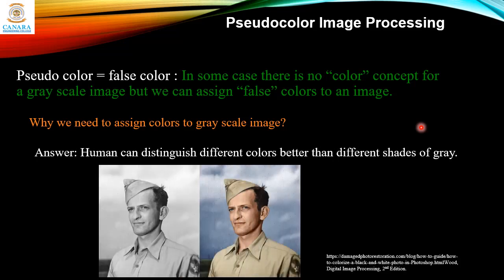And here is an example for that. This is the black and white image of a soldier, and look at the objects that you can see here. You can see his cap, the dress, his face, the hair, and the background. But if you recolor it, you can see the shades within the cap or his dress. The folds are more visible here, and in the background clouds you can see multiple layers or patterns, and even the field. This is the advantage of going for pseudo color image processing.